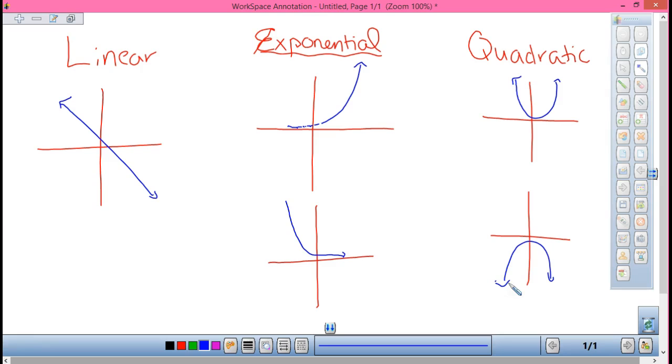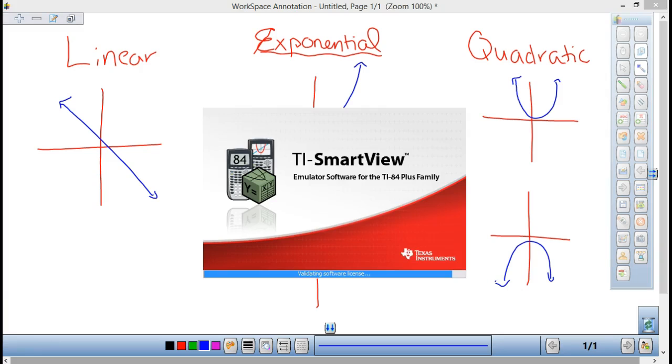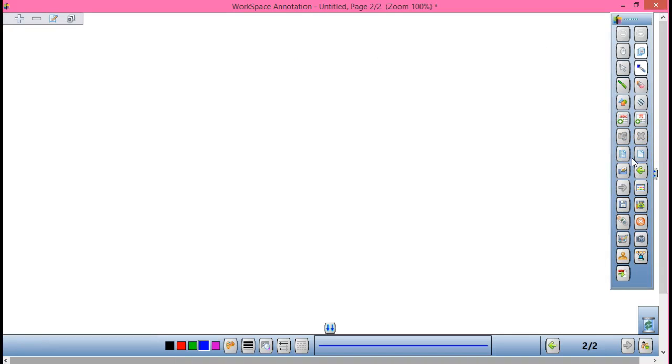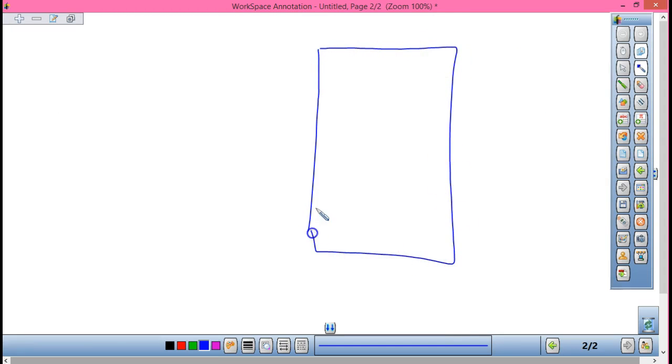Alright, so let's reset our calculators. So a second plus sign, 7, 1, 2. Everybody's got a reset? Alright, let's go with my table. It's going to look like